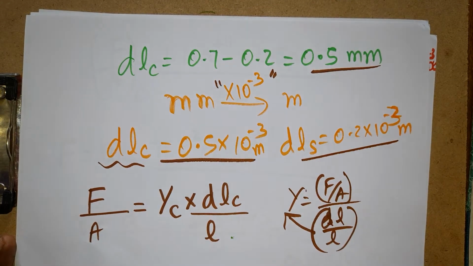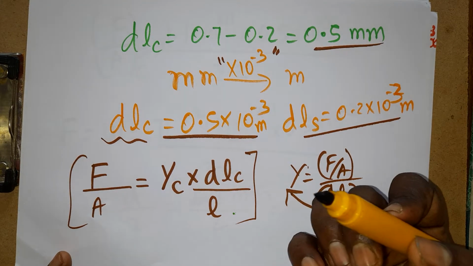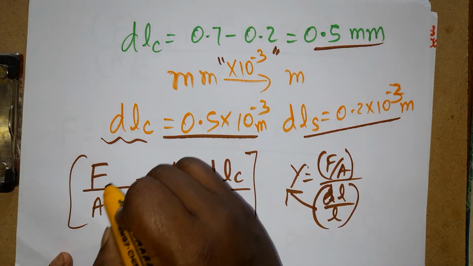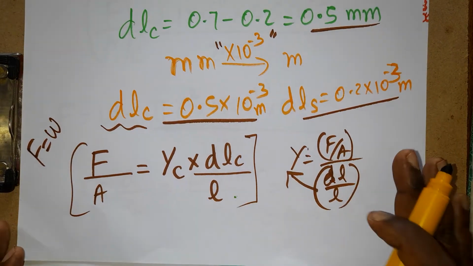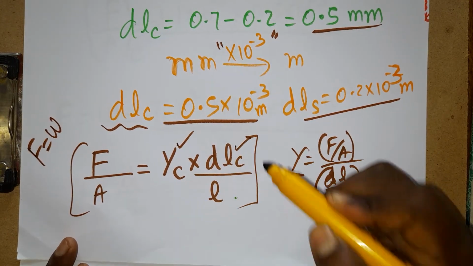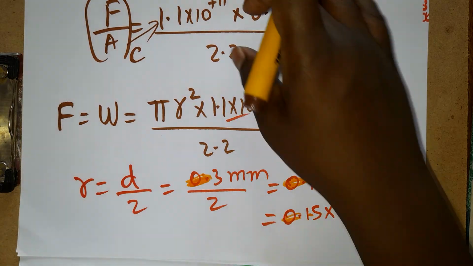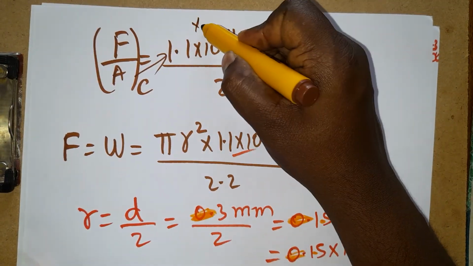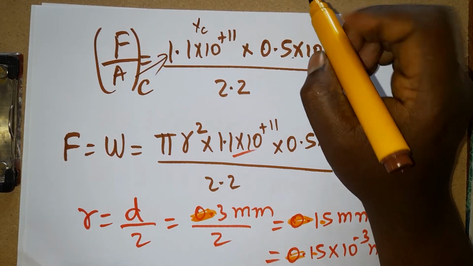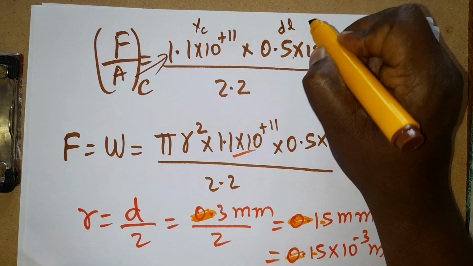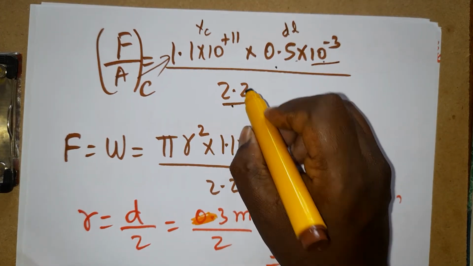Copper wire and steel wire, both I know. Now I am going to take the copper wire. If you want, you can take the steel wire also to calculate this. I want to find the weight. Weight is equal to force here, mass into gravity. Young's modulus of copper wire, changing length of copper wire, length of copper wire, all the values I know. So everything is substituted. This is Young's modulus of copper wire, you can refer to the tabular column to get the value. And this is its changing length. Millimeter is given, I converted it to meter, divided by the original length 2.2. Area also I am taking.